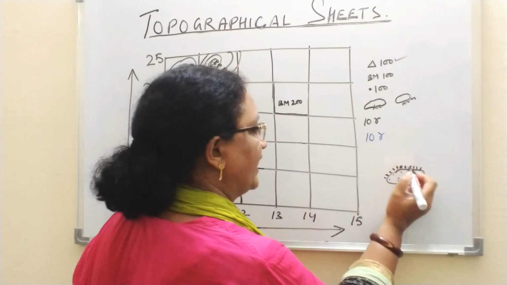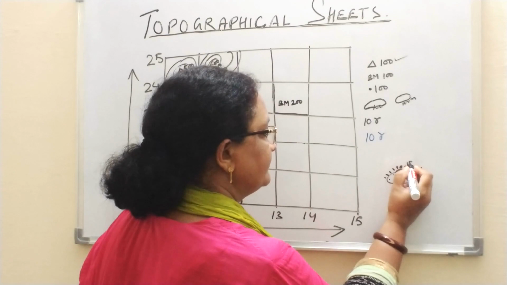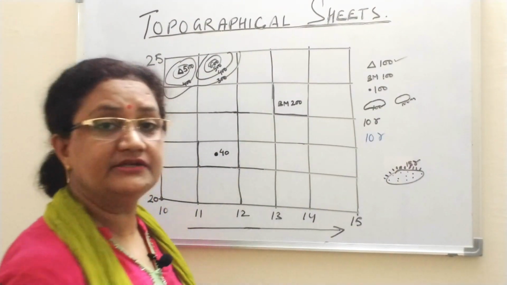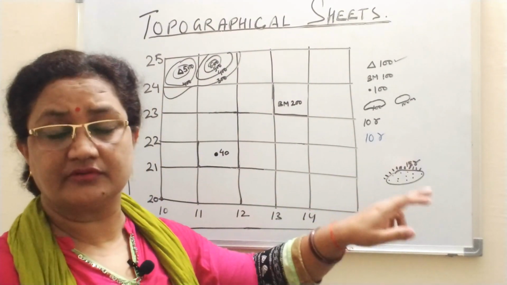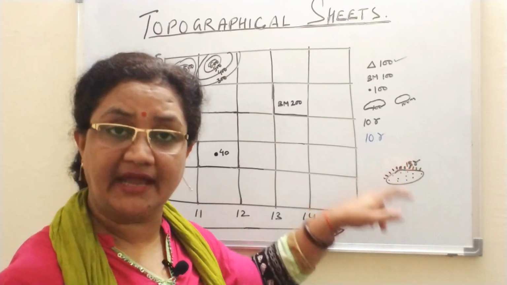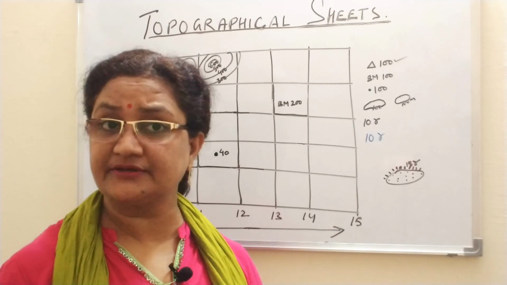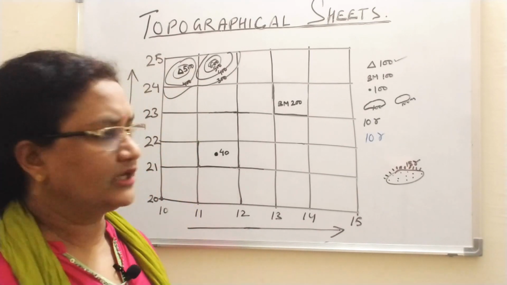And along the embankment, it is written like this. Suppose it is 15R. Now what does this indicate? It is showing us that the relative height of the embankment is 15 meters. Okay, I hope this is clear to you. Another example I can give you. Suppose any